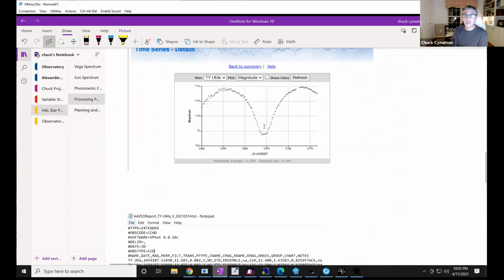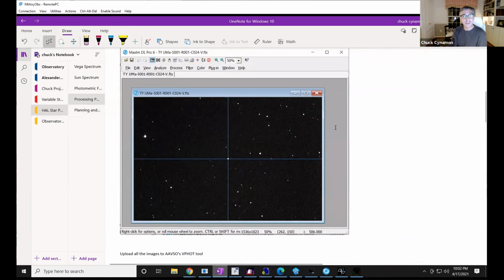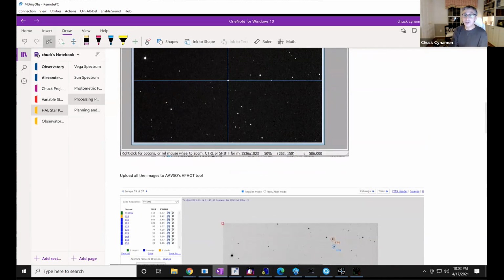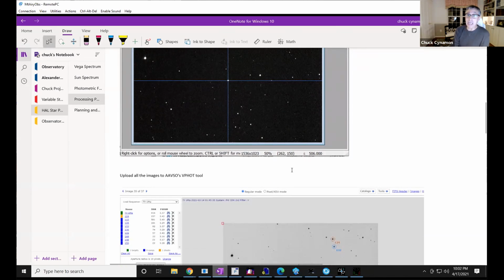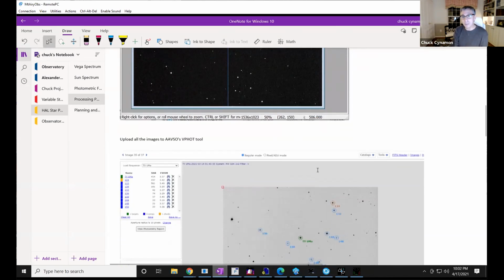Whereas if you use AAVSO's site, you upload all these images. 187 images probably would take about 45 minutes for them to all load on the site. It's really easy. You just click and drag your images into a box. It loads them. And again, 3.2 megabytes each. So have a good connection and they'll be there within about 45 minutes.